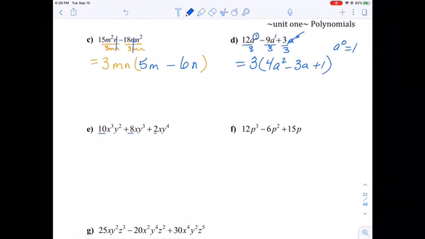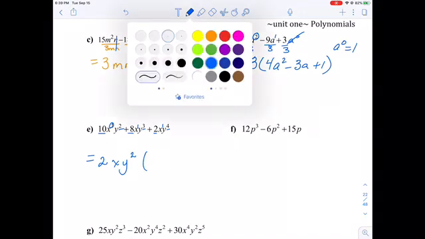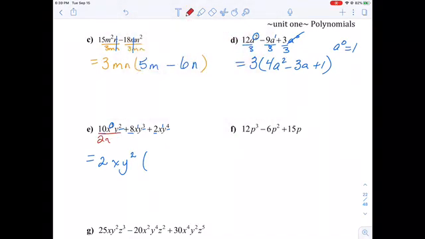Okay, let's take a look at the next one. 10, 8, and 2, those are all divisible by 2. They're all even numbers. So I've got to take out a 2. I know x cubed, x and x is common. X squared, x cubed, x to the 4. Sorry, y squared, y cubed, y to the 4. Y squared is common. And when I divide everything through by 2xy squared, I end up here with 5x squared plus 4y